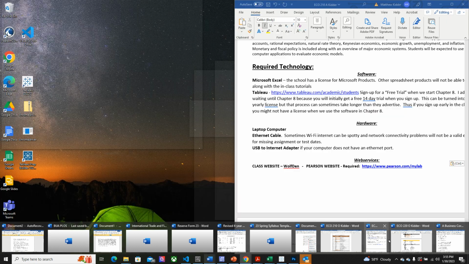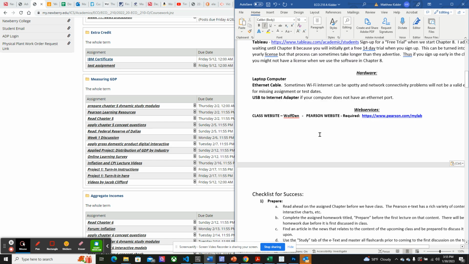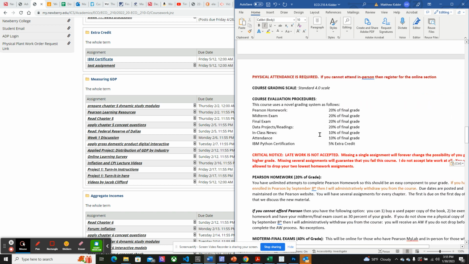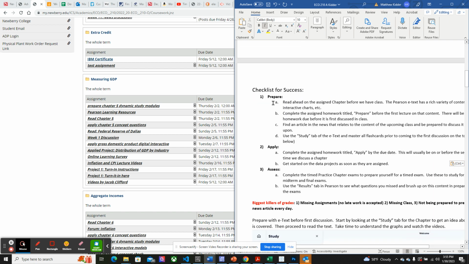So let's see here if I can pull it up. So a couple categories of homeworks. You'll see that once you actually get into Pearson, there's some homework that's for preparation, some for application, and some for assessment. So in terms of the preparation, you're still graded on these, but you can take these preparation assignments as many times as you want. And some people, they just click through, and you can probably get 100% just by brainlessly charging through. Yeah, sure, you can do that.